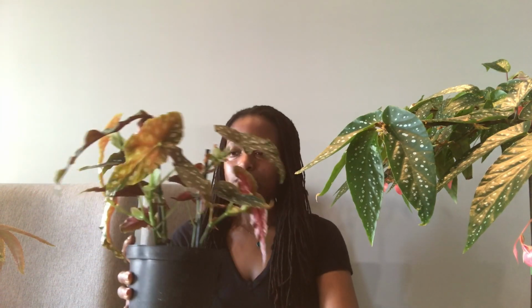I got this plant from Walmart, and I wasn't intending on buying it, like I said, but when I went to Walmart, all the plants were soaked. I mean soaked. When I tipped over the pot, it just poured out water. It was just so gross. And the plant had powdery mildew. It just looked really sad, so I felt bad for the plant. So I brought it home,